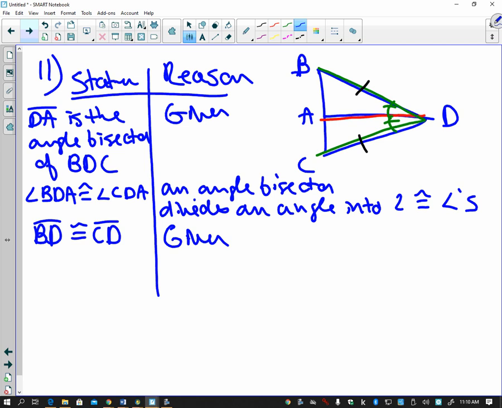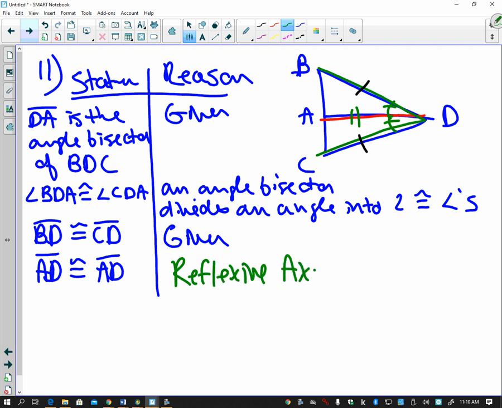All right. AD. Right. AD is congruent to AD. What's the reason for that? Reflexive axiom. Okay. So now I can say that the triangles are congruent. So I can say that triangle BDA is congruent to triangle CDA